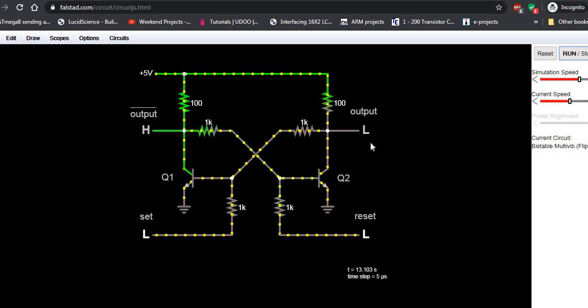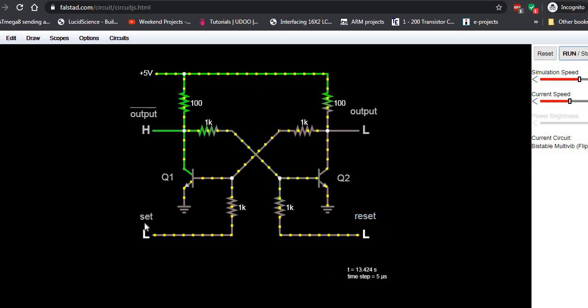This is nothing but a bistable multivibrator, which is using two transistors Q1 and Q2, right? 4 resistors, 1, 2, 3, 4 resistors. These resistors are for triggering purpose, right? As we said, there is no capacitor at all in the feedback path. Here also there is no capacitor in the feedback path. As we have seen, this circuit resembles an SR flip-flop. How? There are two outputs, the output and the complement of that output, output bar. In a similar fashion, there is a set input and a reset input.